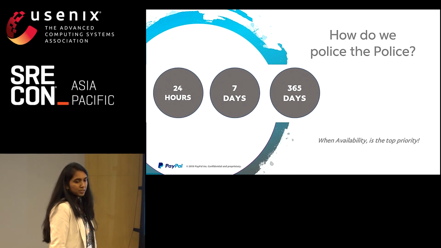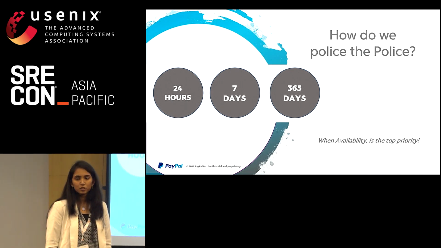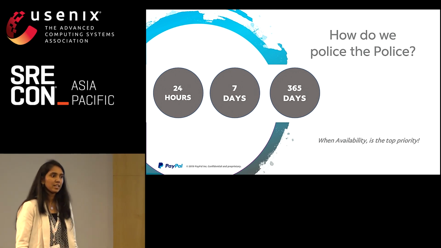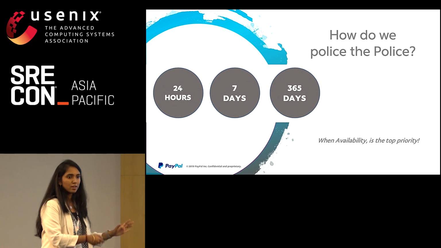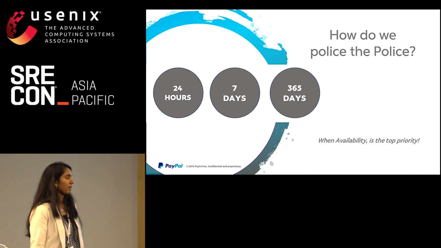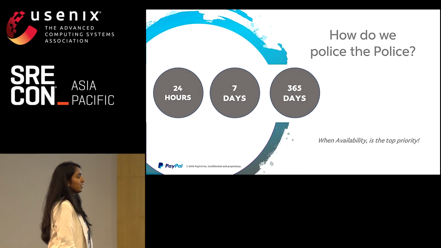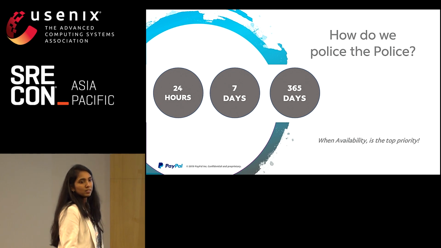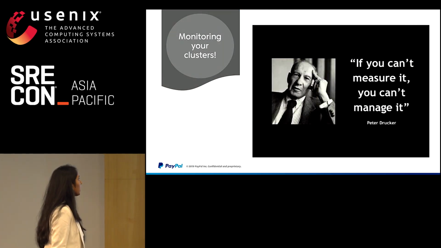If your entire ecosystem depends on Elasticsearch for monitoring and your Elasticsearch is down, isn't that a disruption to your entire monitoring by itself? All your applications use Elasticsearch, and then that's down, and then what do you do? You unintentionally or intentionally disrupt the entire system. So how do you police the police? How will you ensure that your Elasticsearch is available?